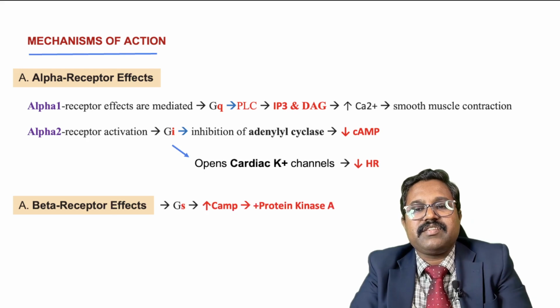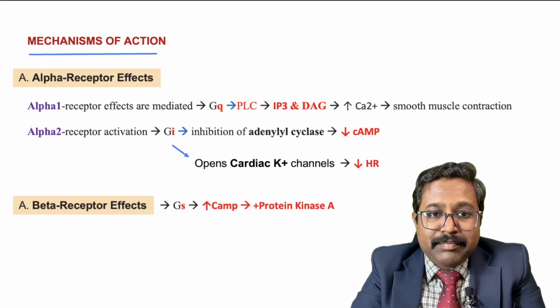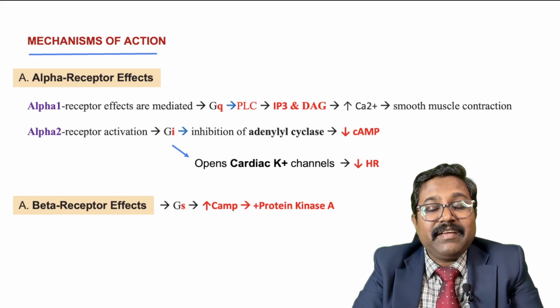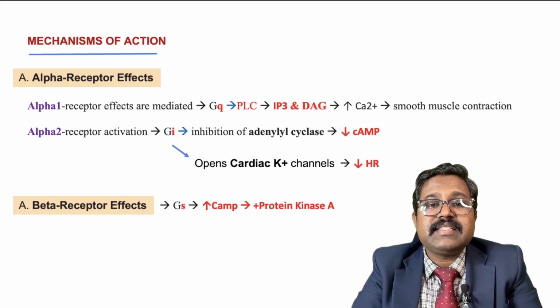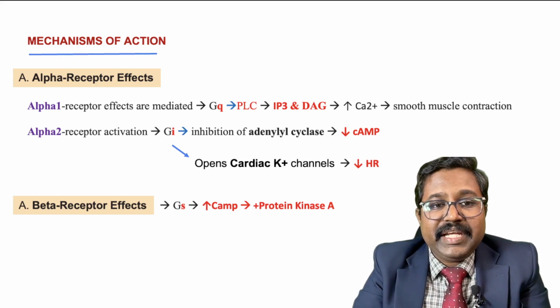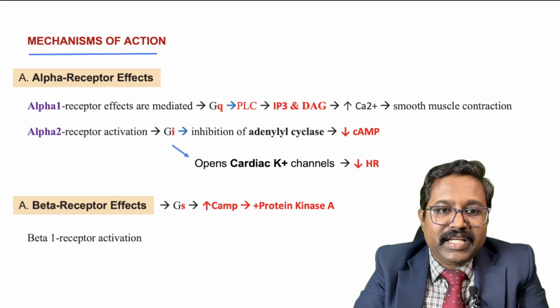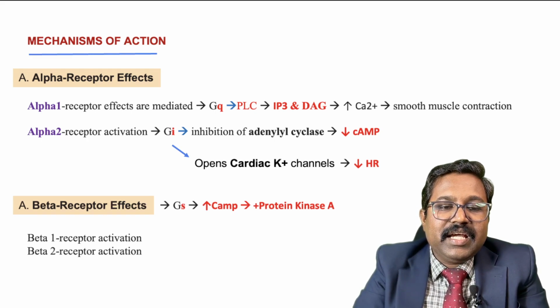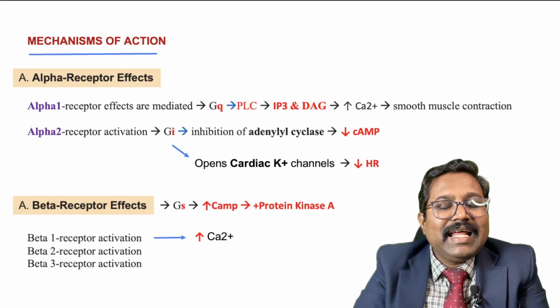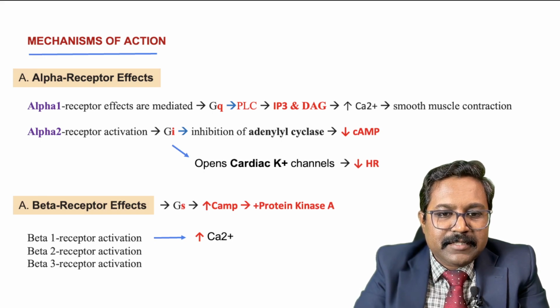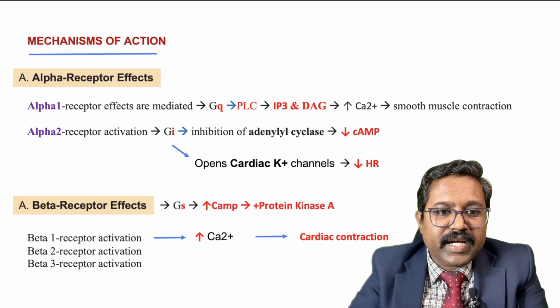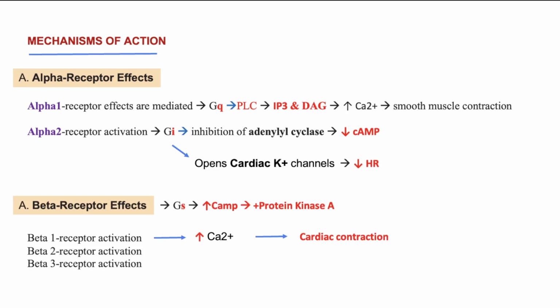So beta receptor effects are mainly mediated by GS type of G protein coupled receptor, where activation of GS type will lead to increase in the cyclic AMP levels, which in turn leads to increase in the protein kinase A activity. So this protein kinase A activity in case of beta 1 receptor activation leads to increase in the calcium levels. This increased calcium levels will lead to cardiac contraction. So cardiac contraction will be there. And next, the beta 2 receptor activation will lead to increase in the calcium sequestration in the